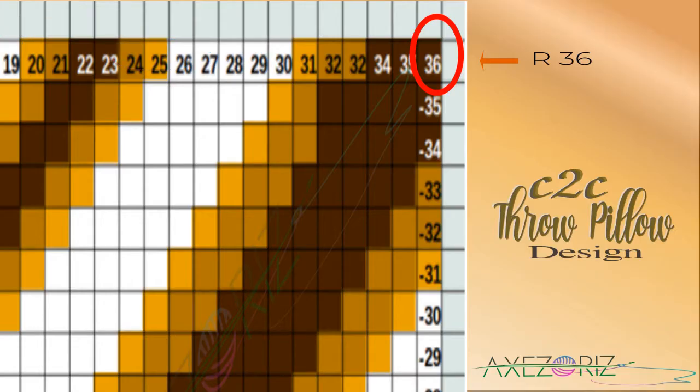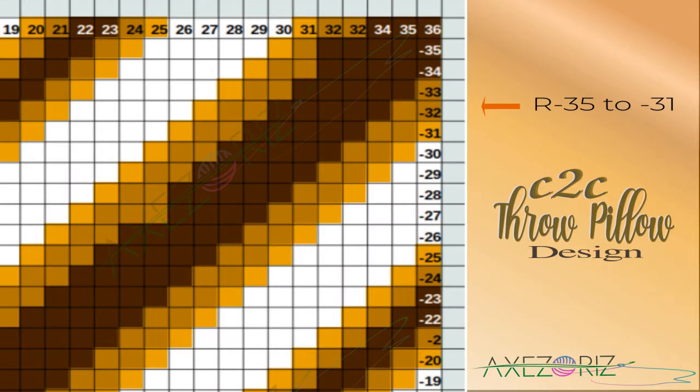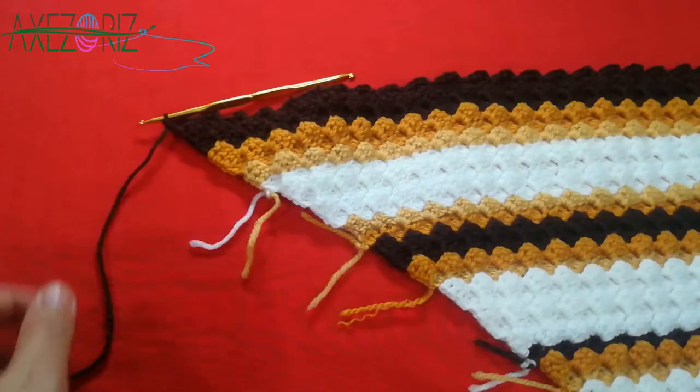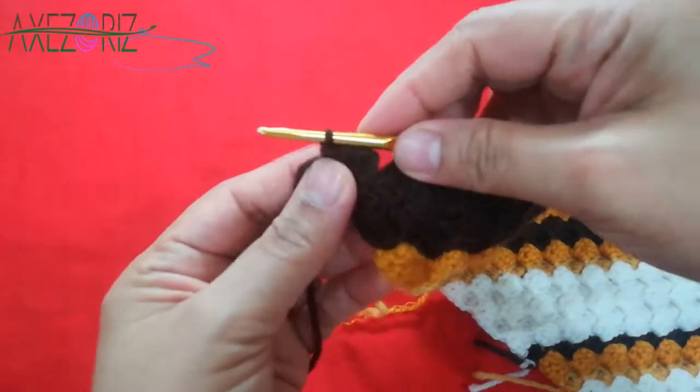As per the design, row 36 is the last row for the first half. The next sections will cover the reverse. It is denoted as the row number with a negative sign, which means we will decrease the number of blocks each row. Let's pick up where we left off